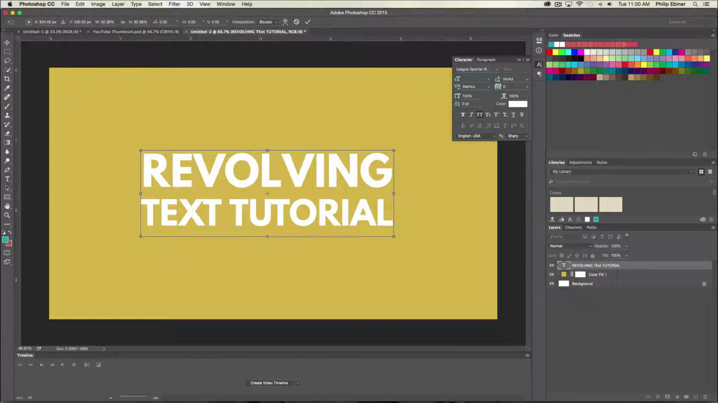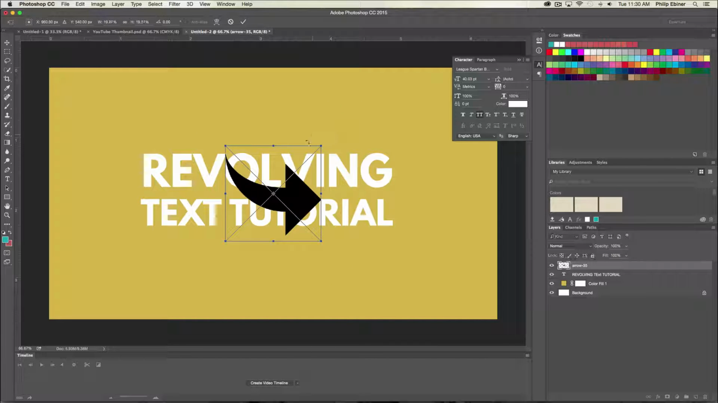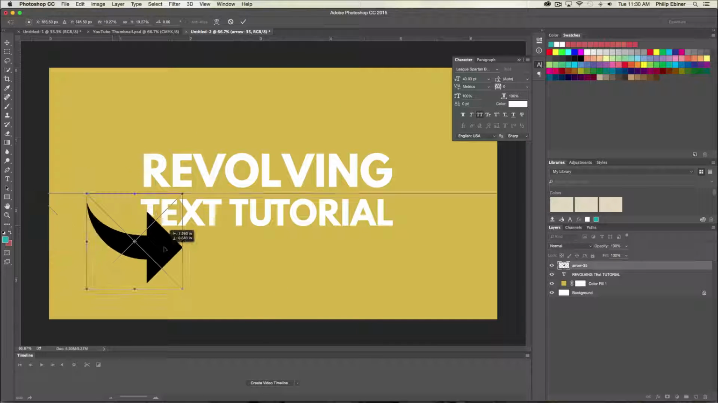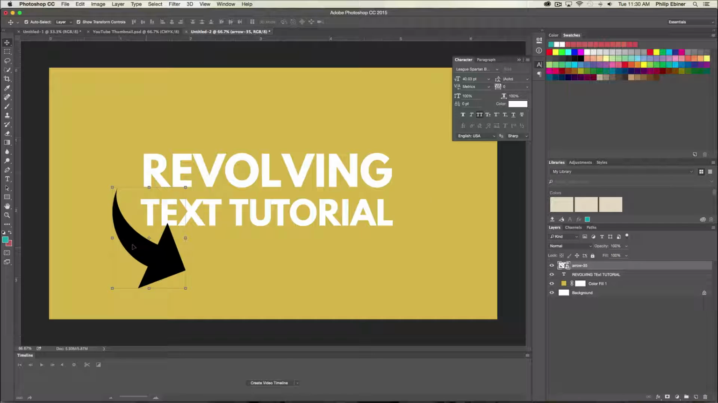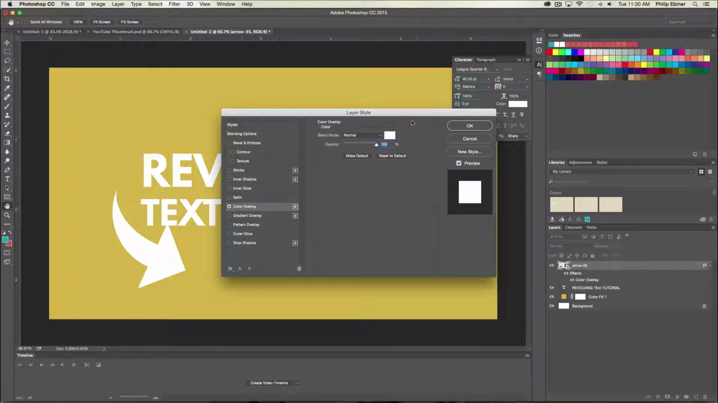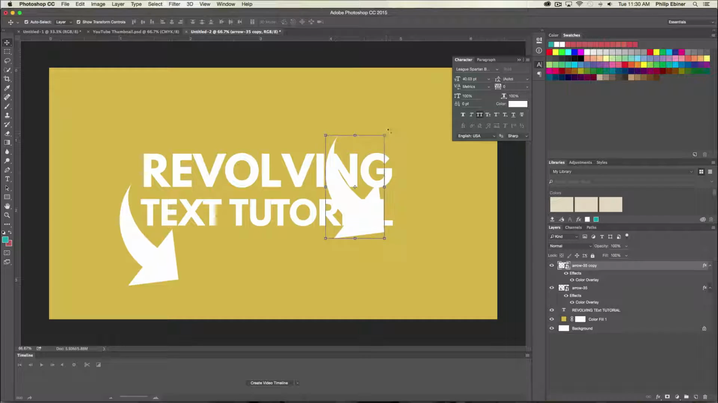So I'm going to add some arrows to try to help me visualize what this tutorial will show, since I'm not actually showing the After Effects program itself. So I have these arrows that I've found online, and I'm going to add them to my revolving text. So I'm going to color it white so it looks nice. So adding a color overlay. So something like this, maybe play around with the size. I'm duplicating it,